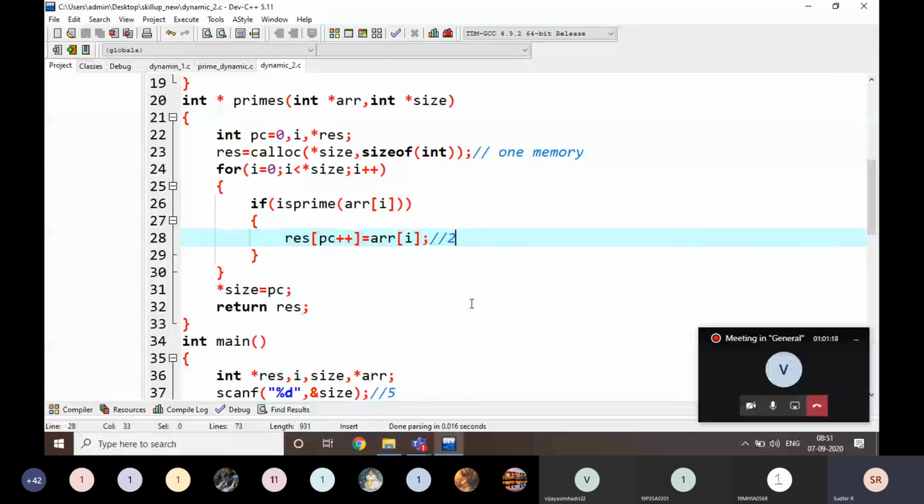Is it clear, everyone, how we are using dynamic memory allocation instead of static memory allocation? Static means arr of 100. That is the static memory location. We are going to initialize 100 values to arr. But here that is not true, right? We initialize as many memory locations as you want. I want only 5 memory locations, so I am going to create only 5 memory locations. That's it, nothing else. Okay.